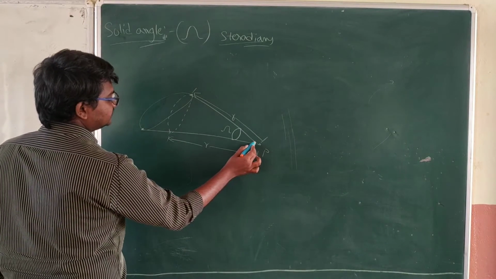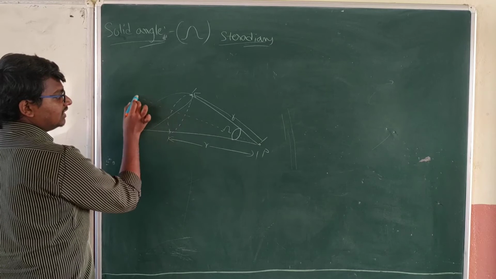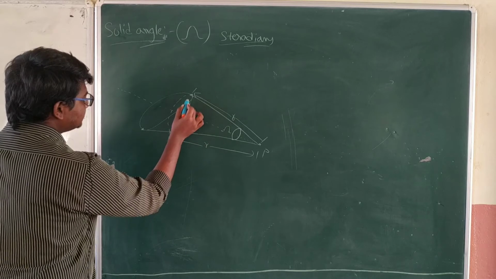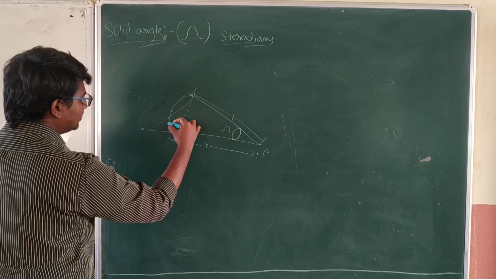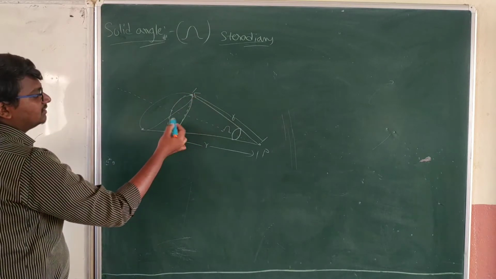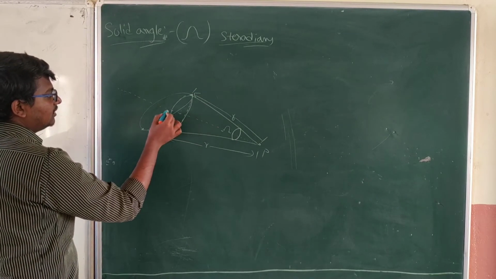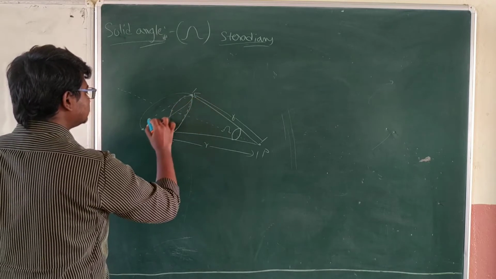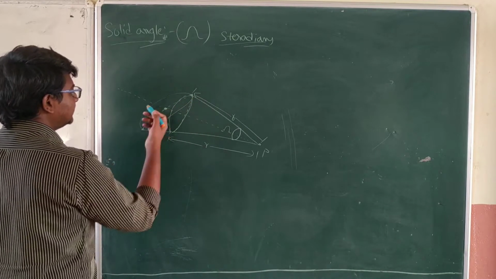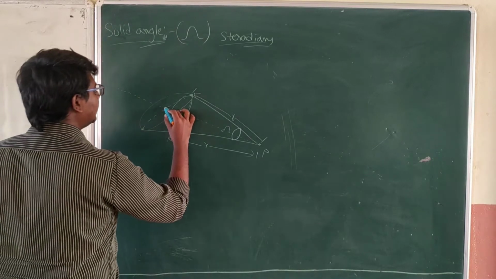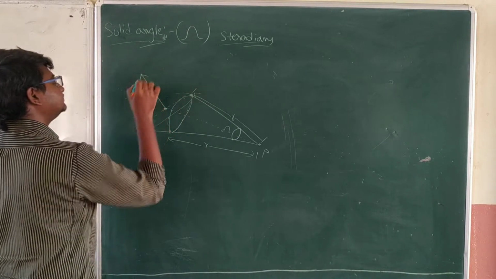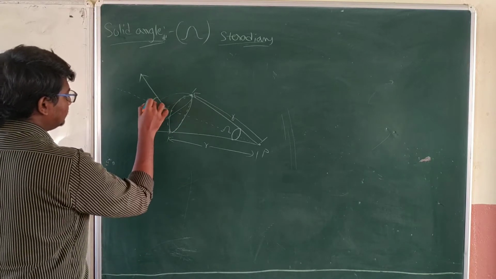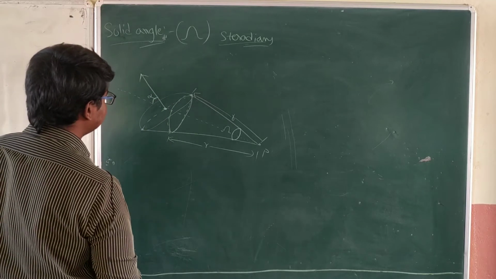See, from this center, you draw a line like this. This line is exactly perpendicular to this dotted area, but not this one. It is making some arbitrary angle. Here it is making some other angle. And if you consider here the perpendicular of this one, like this, and the angle it is making to this is alpha, if you consider like this.